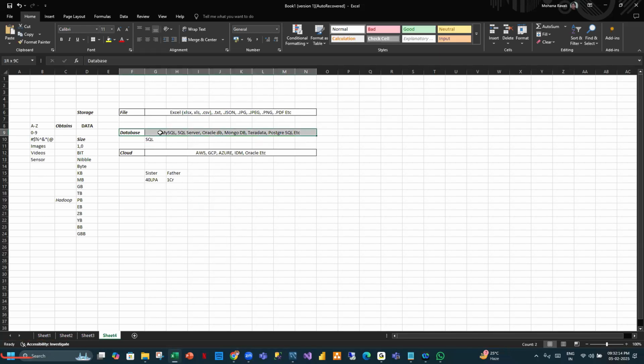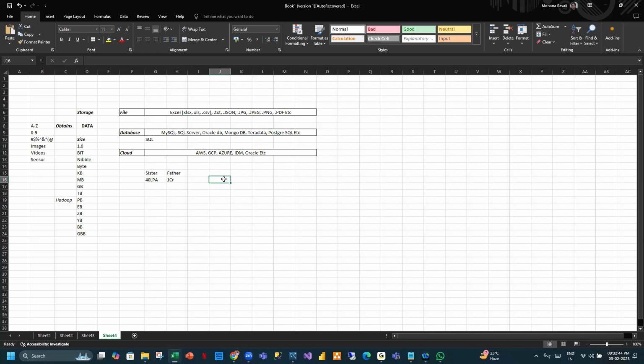Similarly, a database can do it, but it took some time for me to load and give me the result. Similarly, sister will take some time if it's a car. If it's a house, father, very clearly. Now, when I say chocolate, cycle, bike, car, and house, did you compare the size of it or the cost of it?